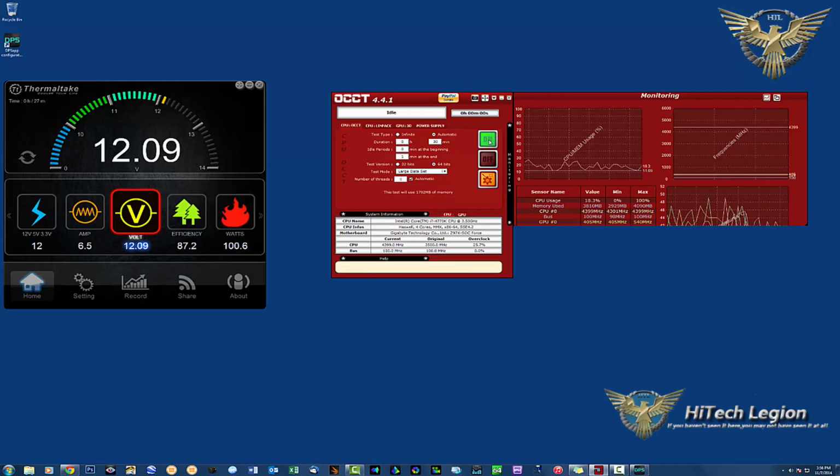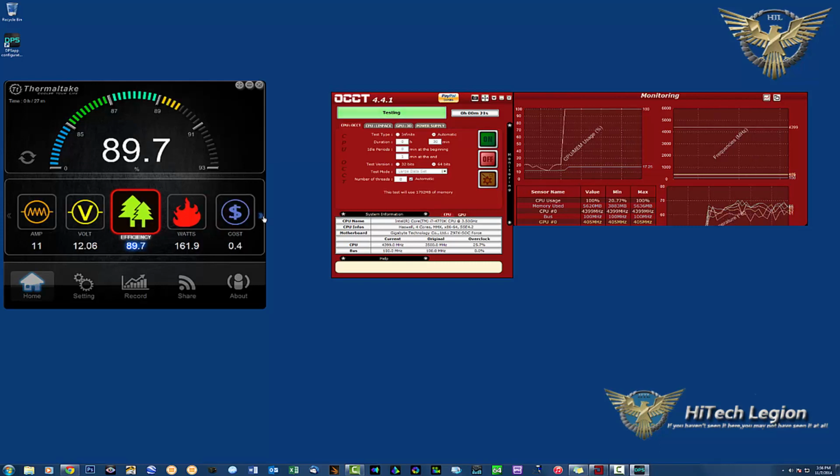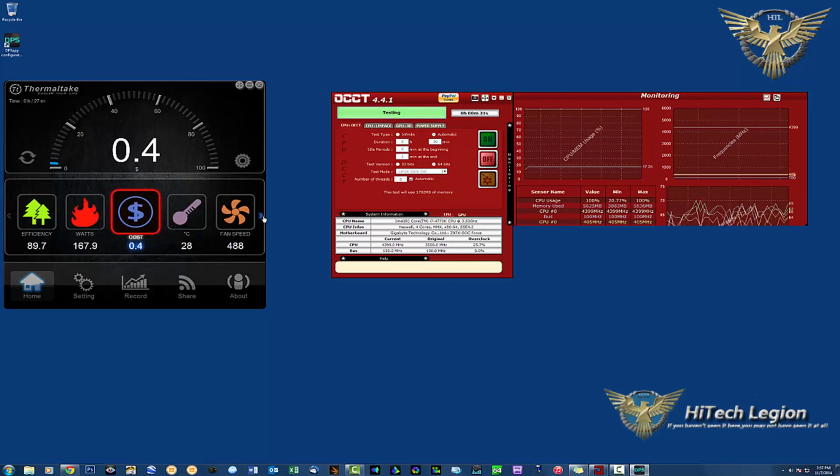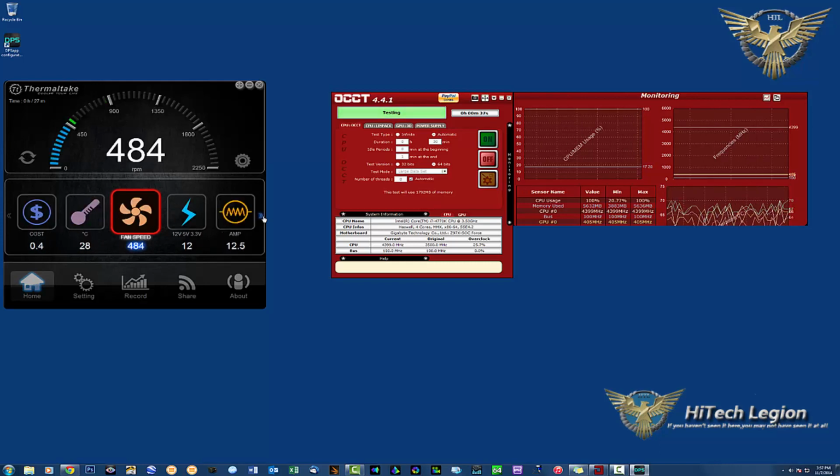And we'll watch as soon as we click on here and that begins, we'll see our wattage go up and increase here. We see our amperage increase, our 12 volt rail, our specific reading under load. We can see our efficiency here floating right at about 90% efficient, which meets our gold rating standards. And if we scroll to the right, again, we'll see the actual wattage being used. And of course, it's going to fluctuate because I just have a basic CPU test running. We can see our cost here again, which will just track over time